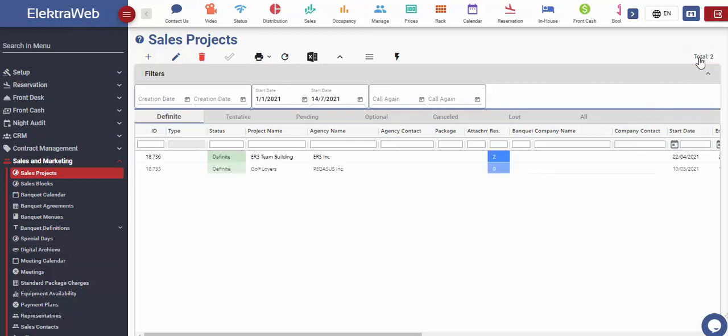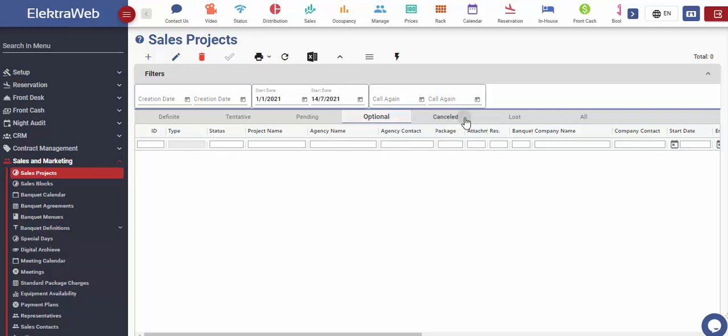According to their statuses, projects will be filtered and listed under one of the following tabs. If half or the whole amount of payment is taken for this specific event, then it is in the definite status. Tentative is when the project is in status when parties agreed and they only wait for the agreement to be officially signed. Pending is when it is possible for this project to be realized, but also not. If the optional date is given, let's say the meeting was held, but the decision about it will be specified in several days, then this event can be marked as optional.